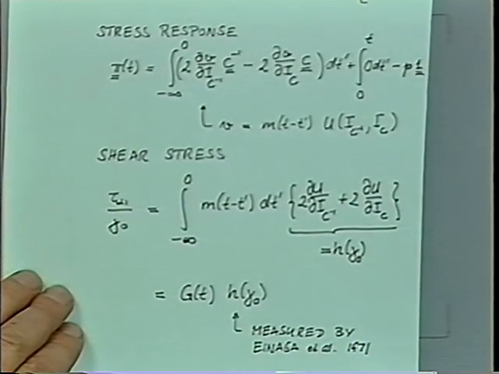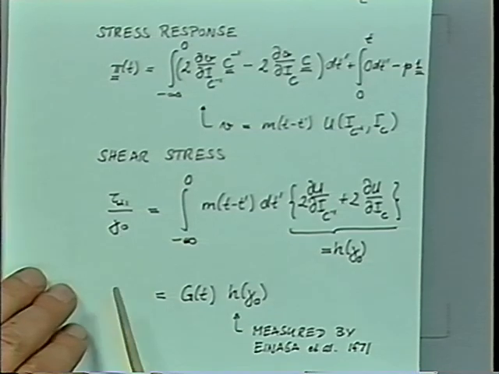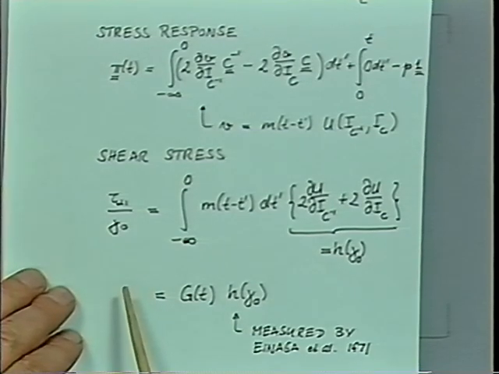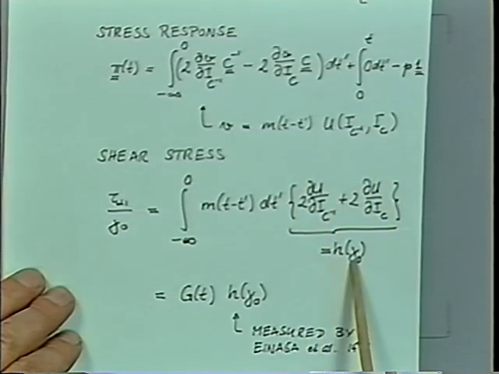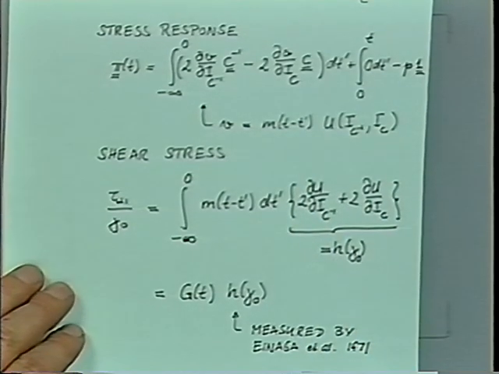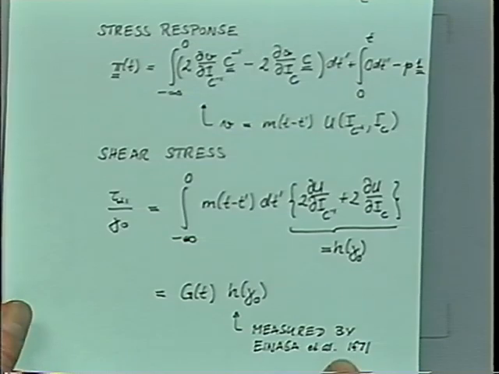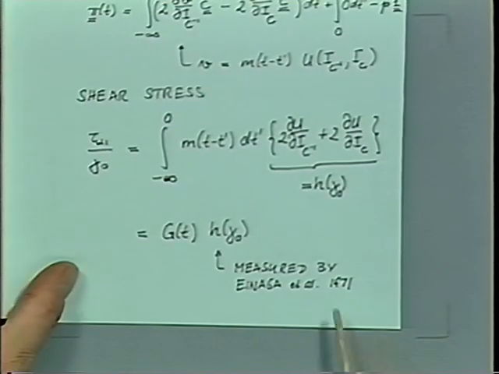And gamma is equal to gamma 0 in this range. And this is just reduced to h of gamma. We're just contracting those two contributions into a single strain function. And this is the result which we would have expected, and that's the result which Einaga and Osaki got in their experiment. So what's the form? What is the